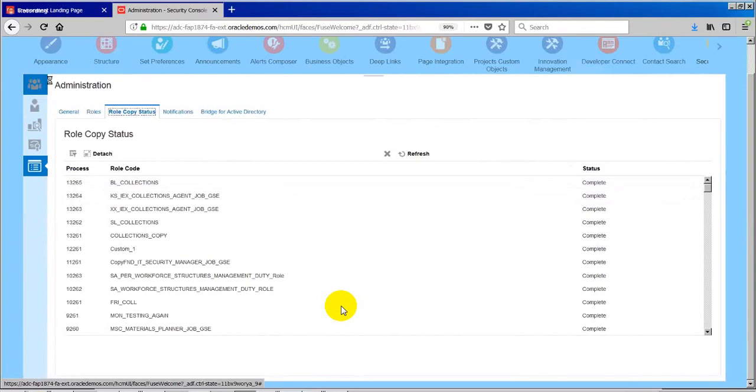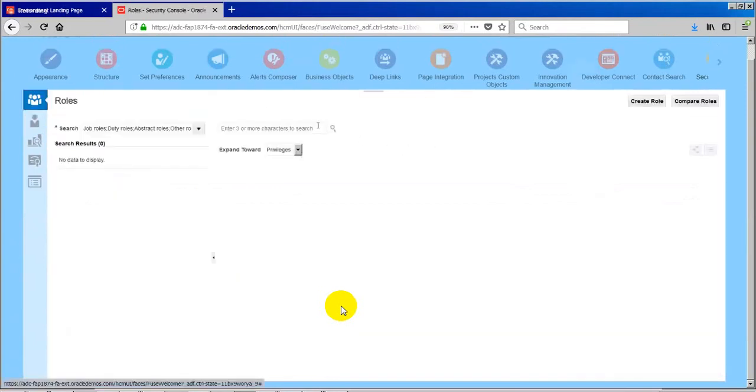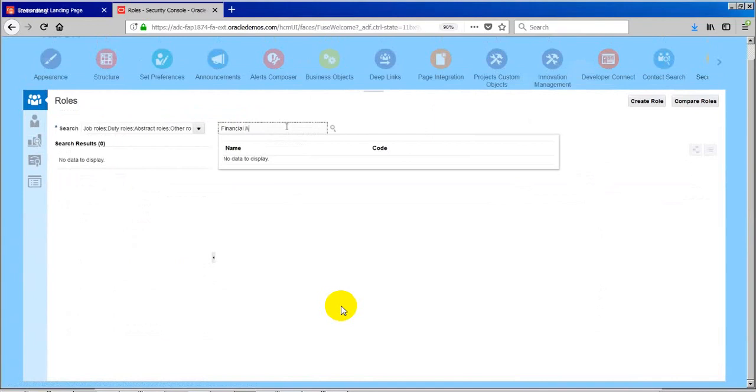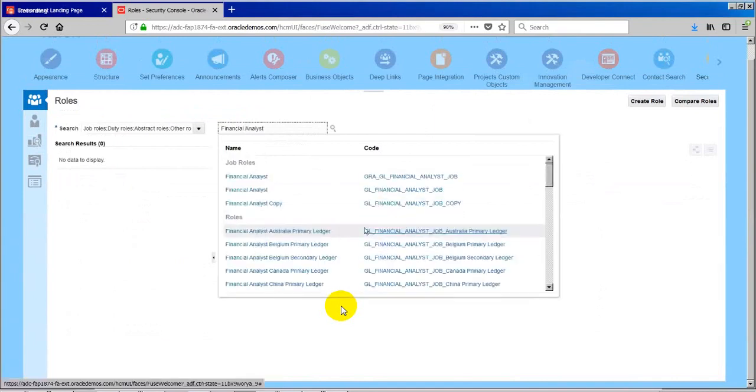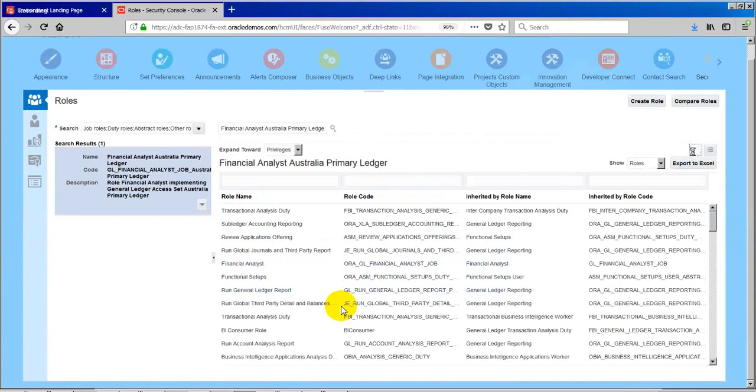Okay, so I'm going back, and I'm going to financial analyst, primary ledger, and I'm going here.